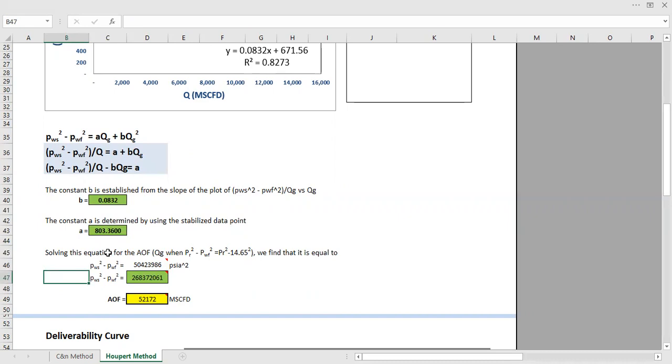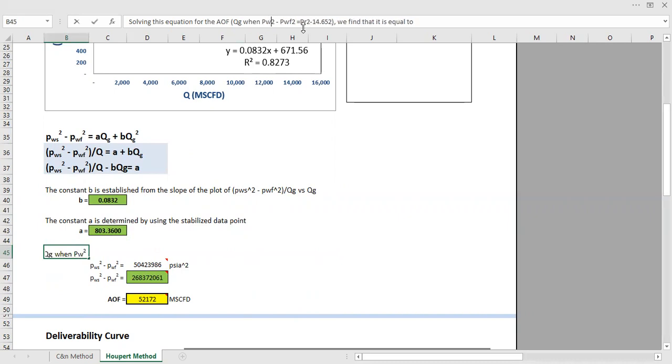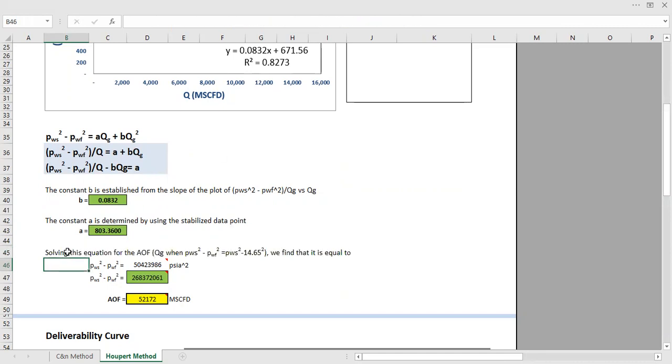Okay, and then let's read it with me. Solving this equation for the AOF, absolute open flow, or flow rate when the PWS squared minus PWF squared equals PWS squared minus this one, 14.7 or 14.65 squared, because the absolute open flow or maximum flow rate will occur at flowing bottom hole pressure of 0. All right, so